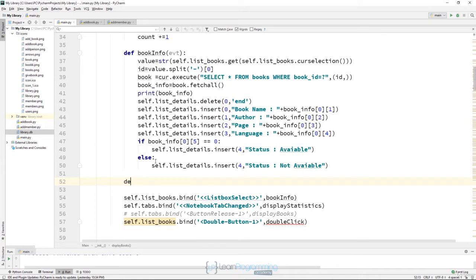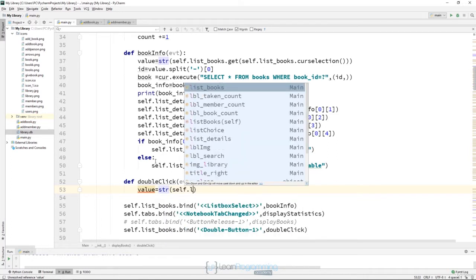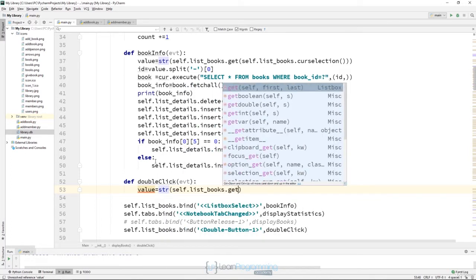Here I will say value, which is the book the user clicked. Value will be str(self.my_list_books.get(